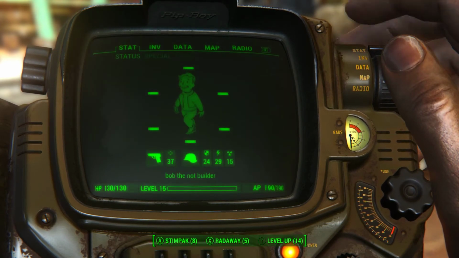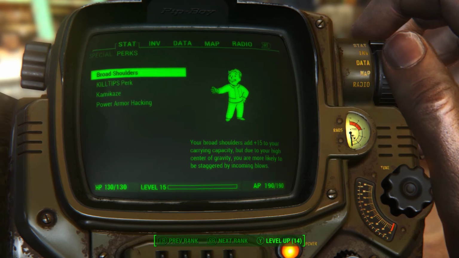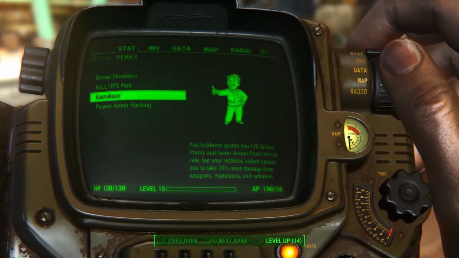Let's see if it will show it. It shows it right here. Broad shoulders: your broad shoulders add plus 15 to your carrying capacity, but due to your center of gravity, you're more likely to be staggered. And Kamikaze: you gain 20% action points, and action points regenerate faster, but you take 20%